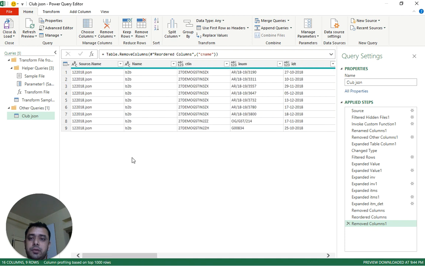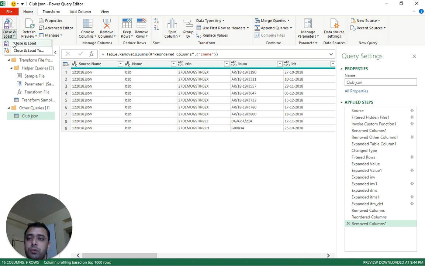Okay, so I think we have done with this December 2018 JSON, which has been downloaded in a tabular format and contains 9 invoices.